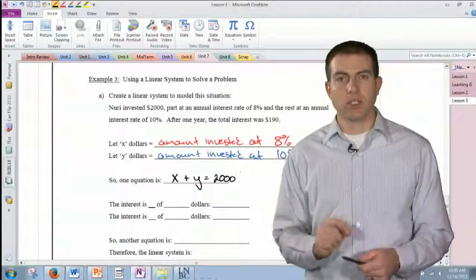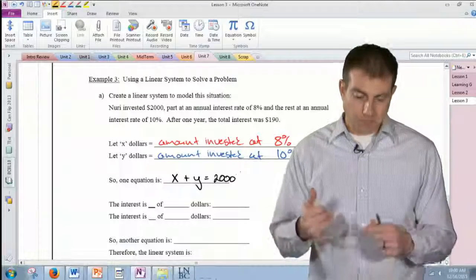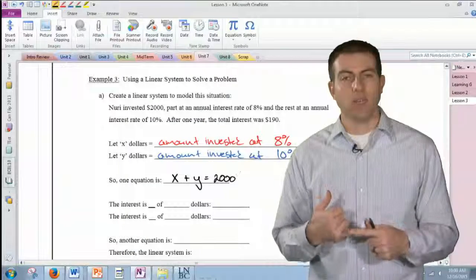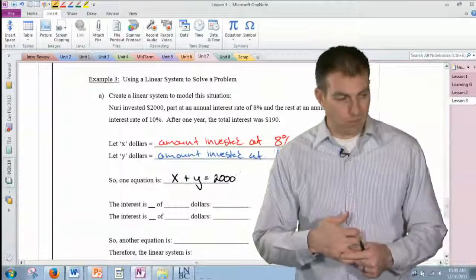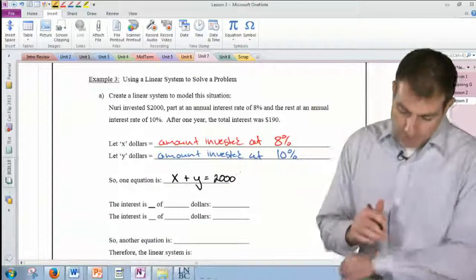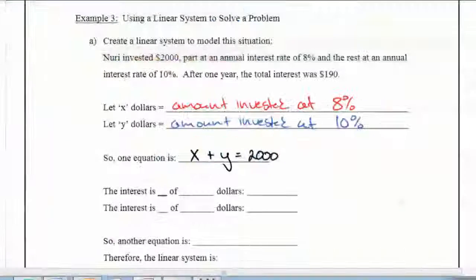So that is the first equation. The second piece of information we're given in the question is that we made $190 in interest in 1 year. So if we work with that, the interest is 8% of x, which is 0.08 times x. So that's the amount we earned at 8%. So if we took the interest rate of 8%, multiplied by the number of dollars invested at 8%,